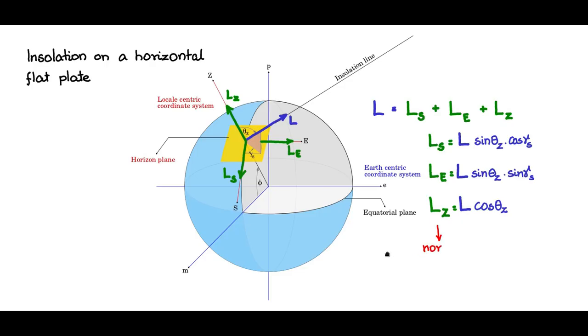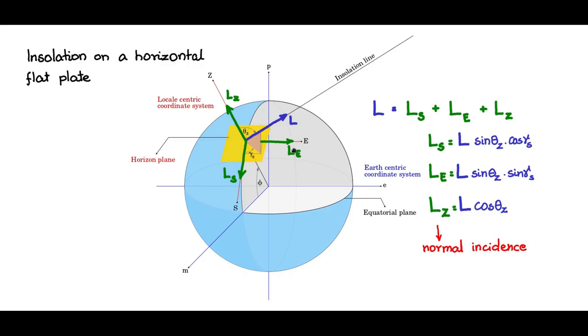So Lz alone is the insolation which is at normal incidence to the horizontal flat plate. Ls and Le are along the horizontal flat plate, so they don't contribute to any effective insolation on the horizontal flat plate. Now how do we estimate L cos theta z? Theta z is the zenith angle, and we don't know that directly, so we should try to estimate theta z